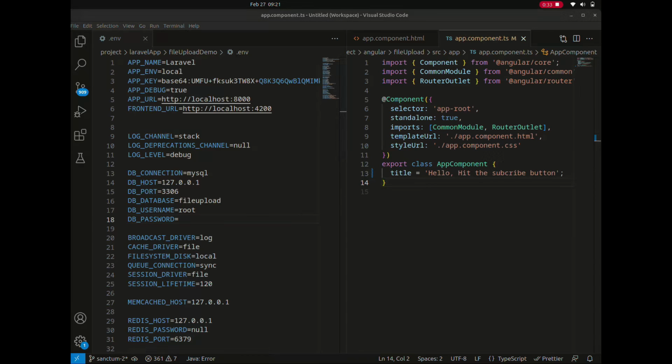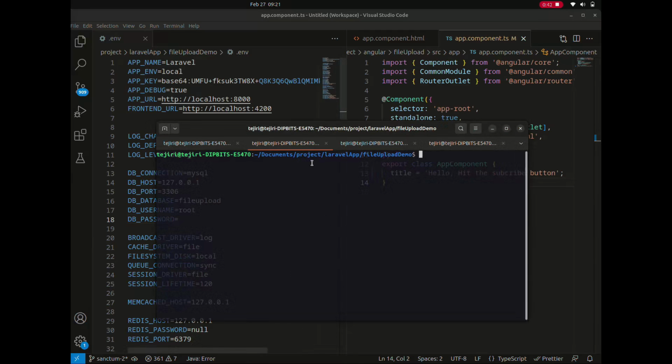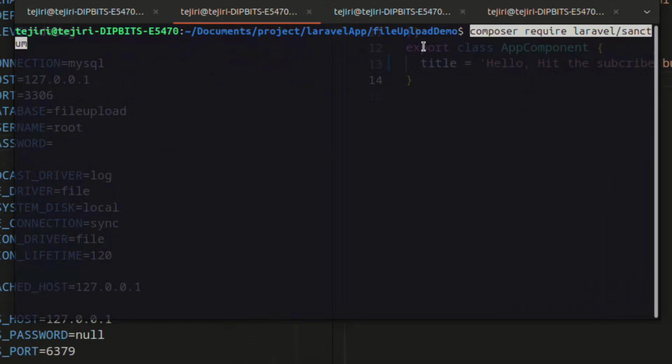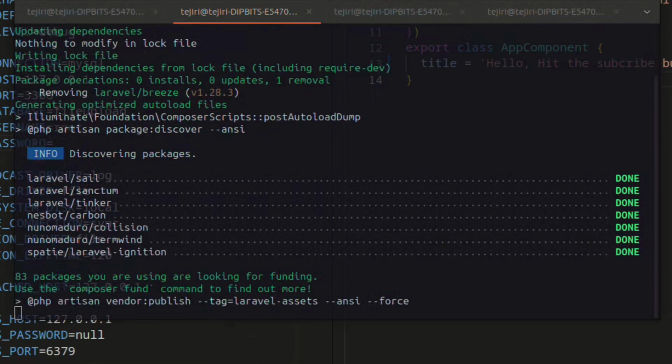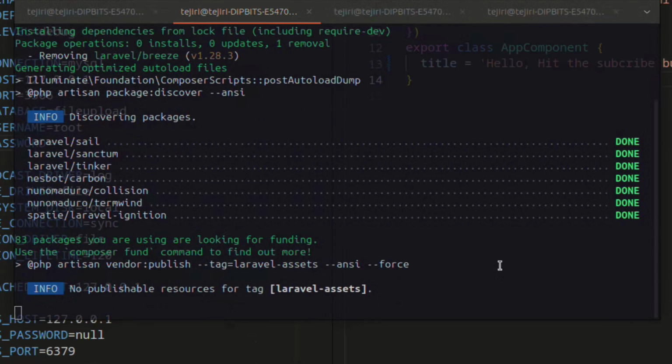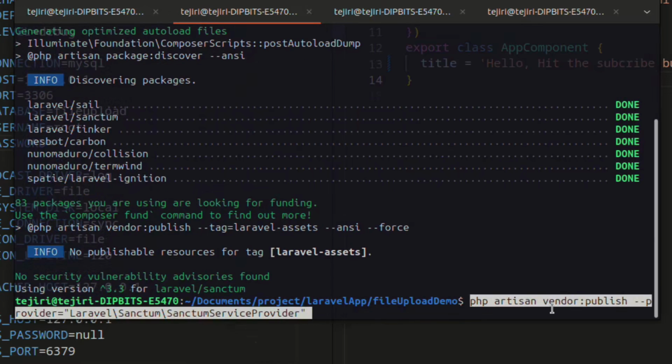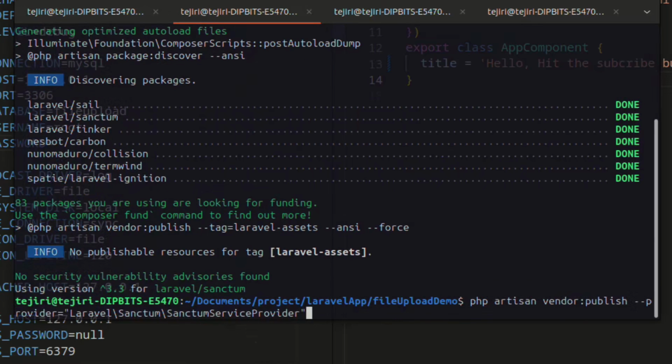So the first thing we're going to do, we're going to head over to our Laravel application and open your code terminal, and I'll be pasting this command, which is composer require laravel/sanctum. You hit enter, and this shouldn't take long depending on the speed of your internet connection. As soon as you've completed that command, the next thing we'll be running is to publish our just installed Laravel package,